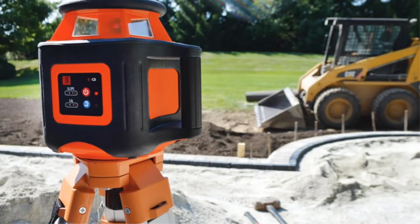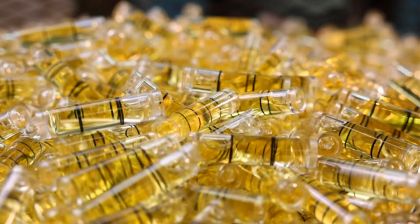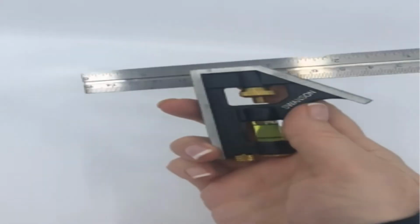Hey guys, in this video we are going to be checking out the best combination square. Through extensive research and testing we've put together a list of options that'll meet the needs of different types of